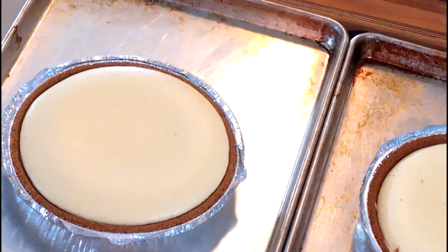If you use this recipe, mix 2. This is the 4 real key lime pie. Tomorrow I'll take a picture before we put them up of it sliced and put it out on the internet